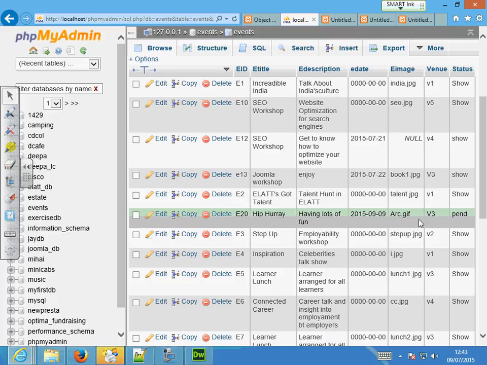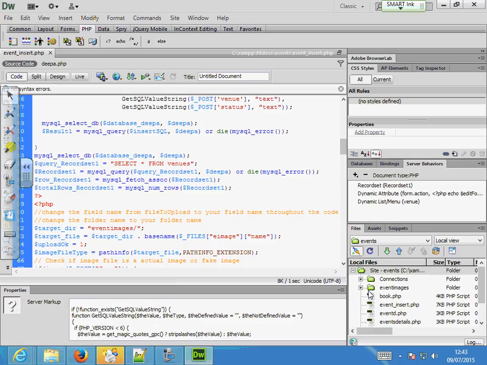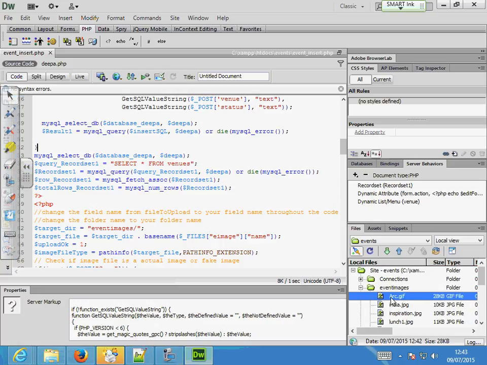What I want to check is whether this arc.gif is gone into my images folder or not. So I can go to Dreamweaver. I can look from here, or I can go to htdocs to check it. If I go to event images, the file's there.